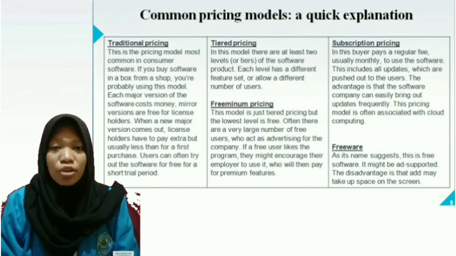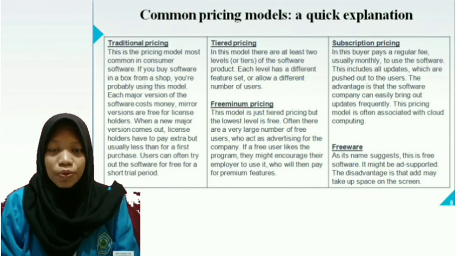This pricing model is often associated with cloud computing. The last, freeware. As its name suggests, this is free software. It might be ad-supported. The disadvantage is that it may take up space on the screen.